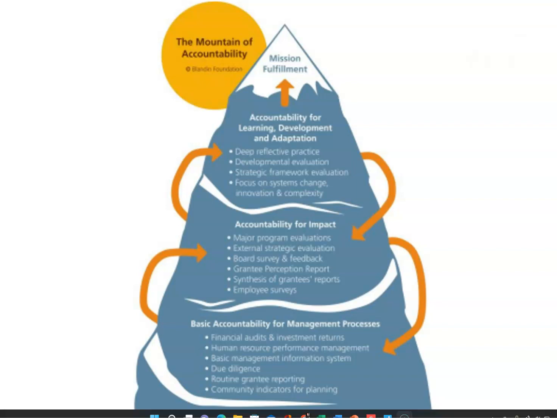The mountain of accountability attempts to integrate accountability and learning with basic monitoring functions for accountability at the bottom of the mountain, with traditional program evaluation for impact in the middle, and accountability for learning, development, and adaptation at the top of the mountain. This is an example of trying to integrate what amount to often competing and divergent purposes